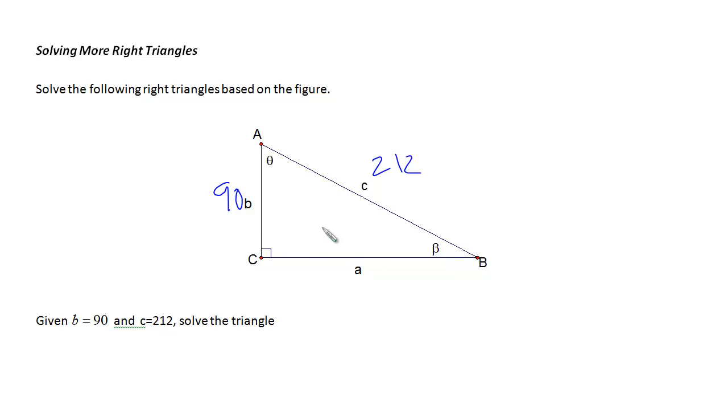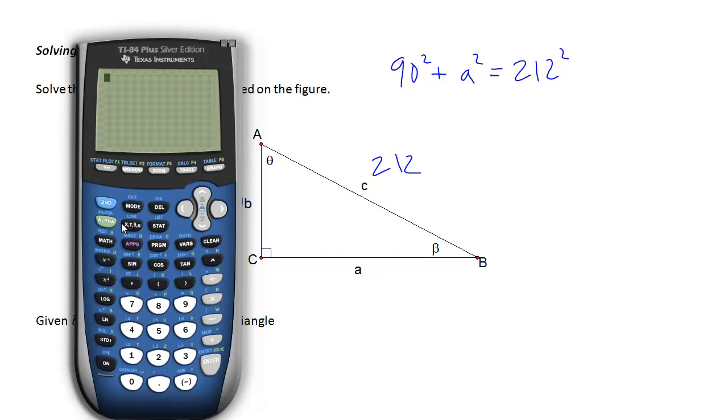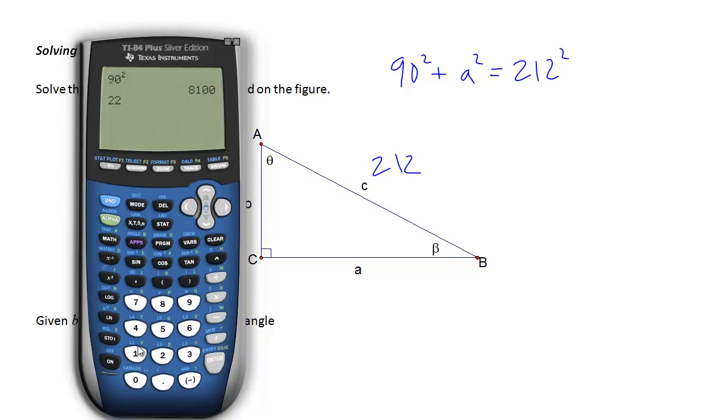Now, how do we find the missing side, or the third side, of a right triangle? I'm going to use the Pythagorean Theorem. So I'm going to set this up with 90 squared plus A squared equals C squared, which is 212 squared. Go ahead and crunch these. I don't know what they are off the top of my head. So I have 90 squared, 212 squared, so I have 8100 plus A squared equals